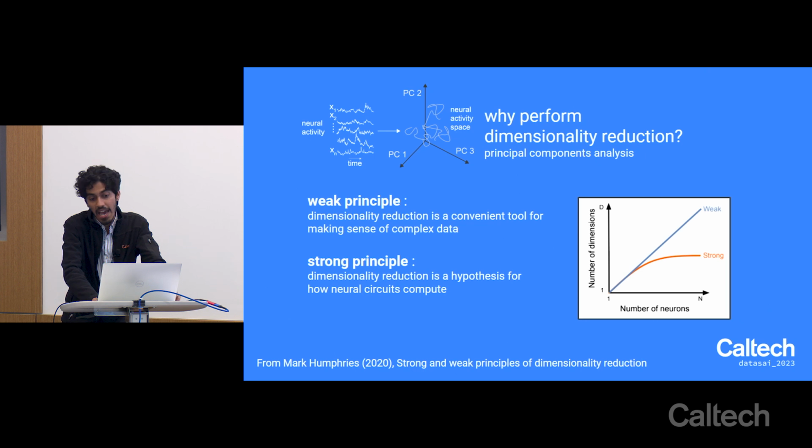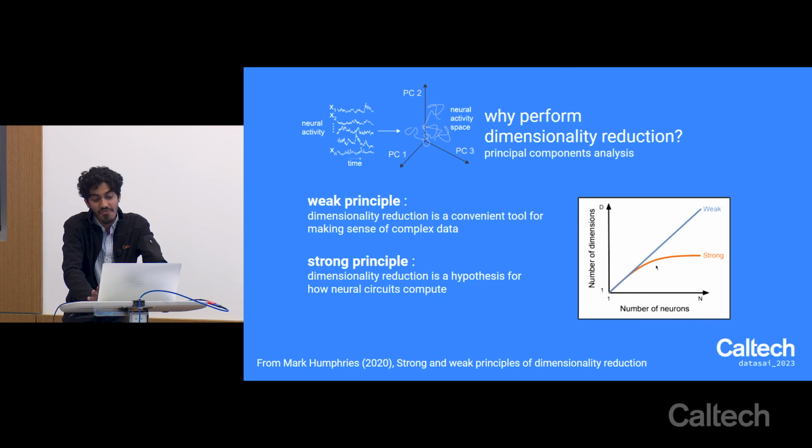The idea is that everything that you see in your data is actually composed of a linear combination of some underlying what we call latent variables or factors, and dimensionality reduction is one way of finding out what the right latent factor is. One thing you would intuit from this strong principle is that if you kept recording from more and more neurons, at some point your number of dimensions would not keep increasing, because you would have sampled the whole set of latent variables in your data. So you could record from 1,000 neurons or 10,000 neurons, but you'd have a similar number of latent factors, if the strong principle was in fact true.